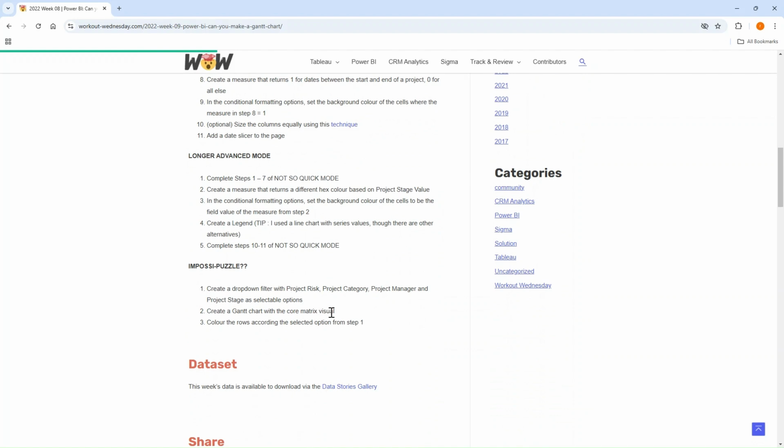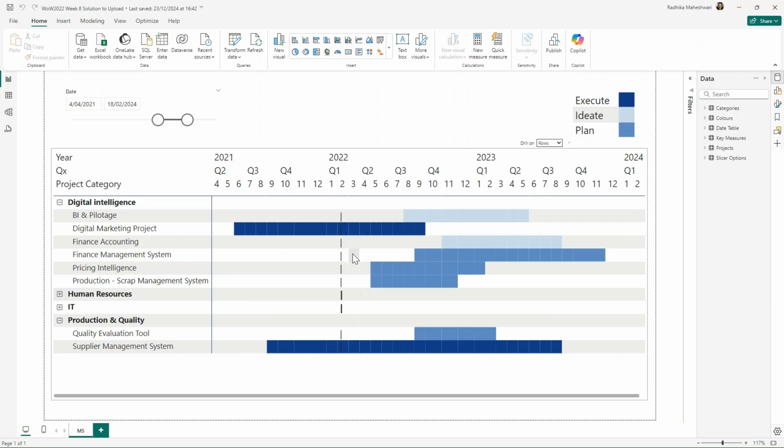I'm going to be starting with the same Power BI file that we used for the longer version. So if you have not watched my previous video, then please do watch it as this is an extension to the previous one. And without further ado, let's jump into our Power BI Desktop. This is the dashboard that we created in the previous week. And now I'm going to use the same measures and build on top of this one.